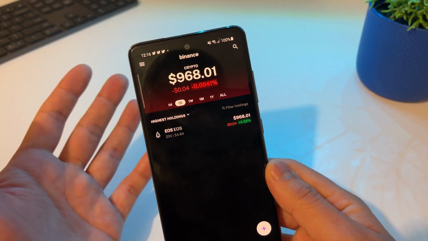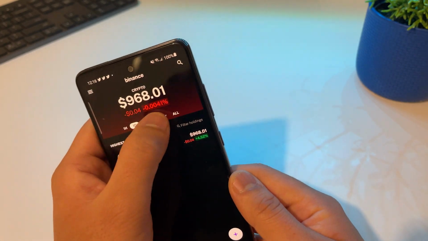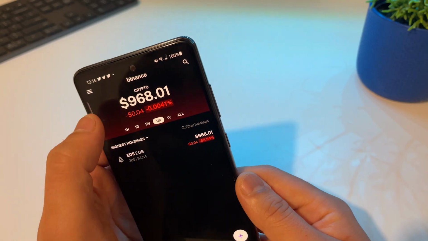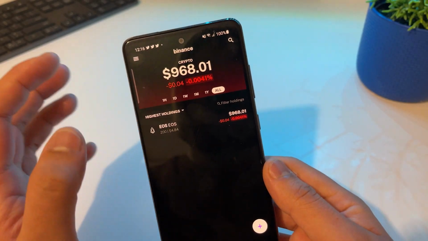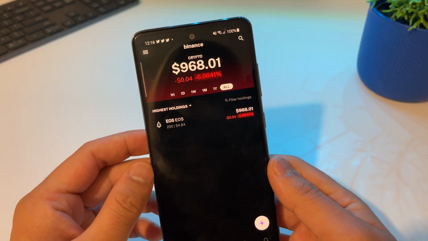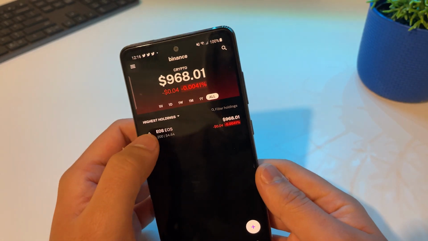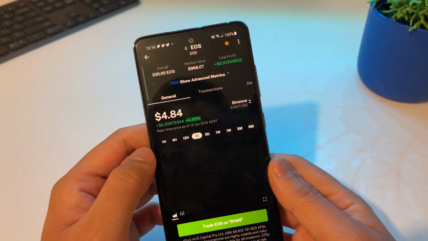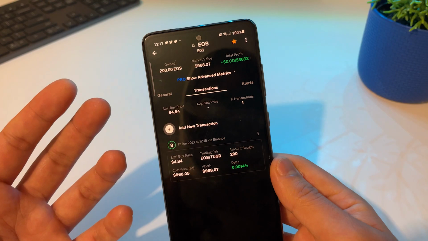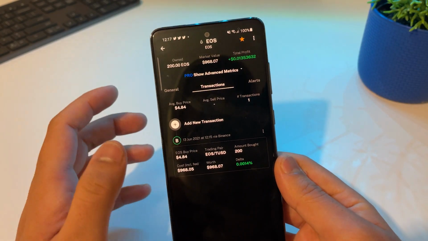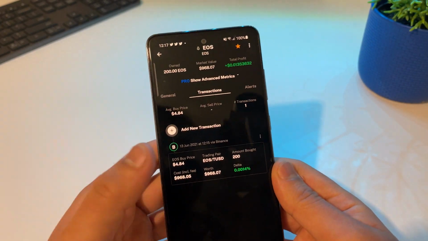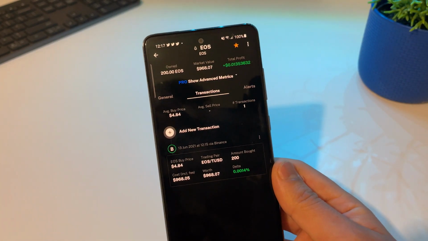The best part is you can track your portfolio performance over 1 month, 1 week, or all time as well. On top of that, if you have multiple transactions for the same coin, if you are dollar cost averaging, you can tap on that, and then you can go to transactions, and it will show you all the transactions you've done on this coin, including buying and selling, and it will show you your average buy price. It will also show you average sell price and how many transactions you've done. So this is really nice, and this is really helpful.